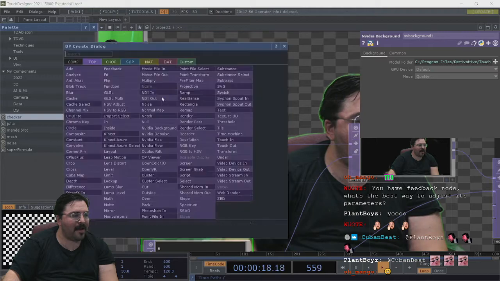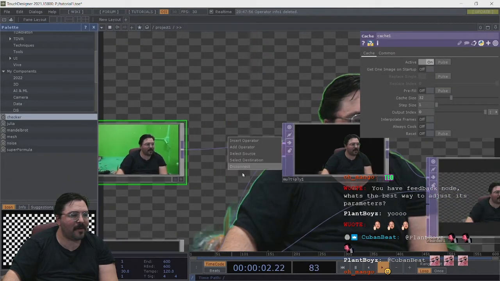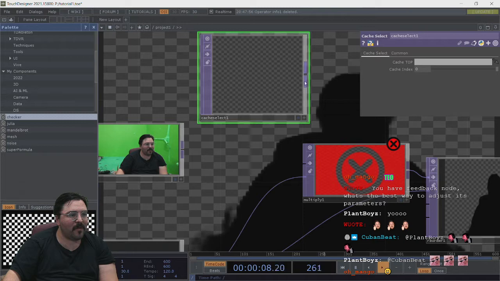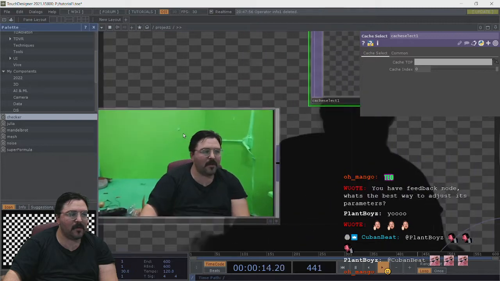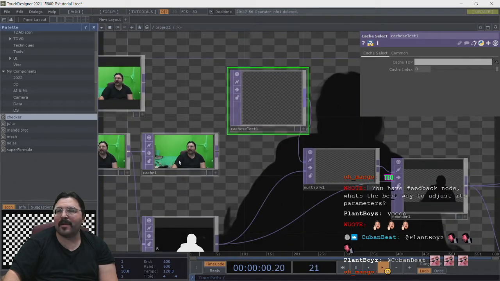First, going to add a cache. Now, a cache is really cool in TouchDesigner because it allows us to, just like it says, cache a certain number of frames. For those of you who are familiar with OBS, render delay uses a similar mechanism. Also, I don't remember the plugin right now, but I think it's like Replay or something. Anyway,